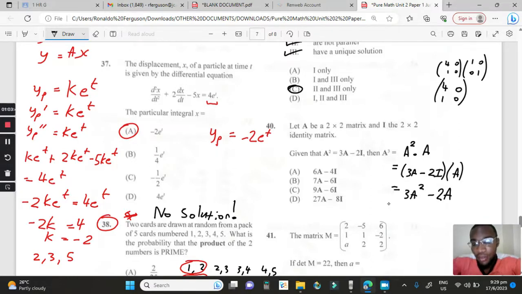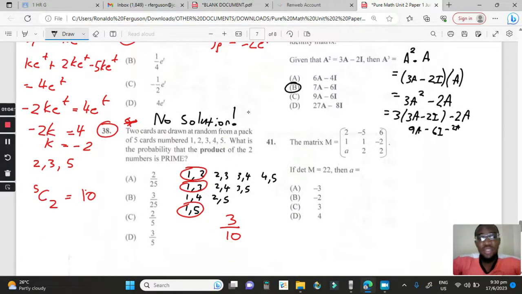But now remember, a squared we said again is 3a minus 2i, and then we'll subtract 2a. 3 times 3a is 9a, minus 3 times 2i is 6i, minus 2a. Then 9a minus 2a is 7a. So this is 7a minus 6i, which is